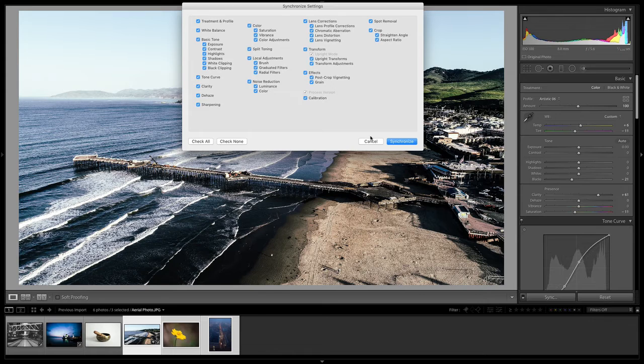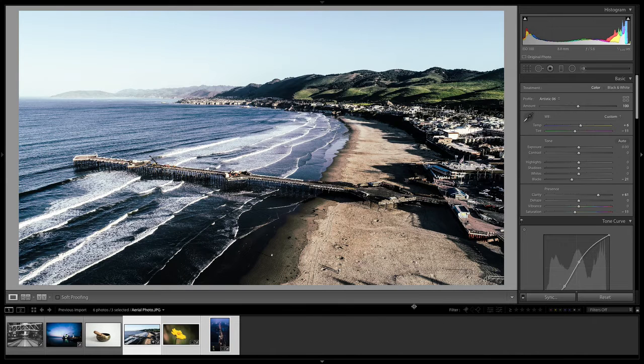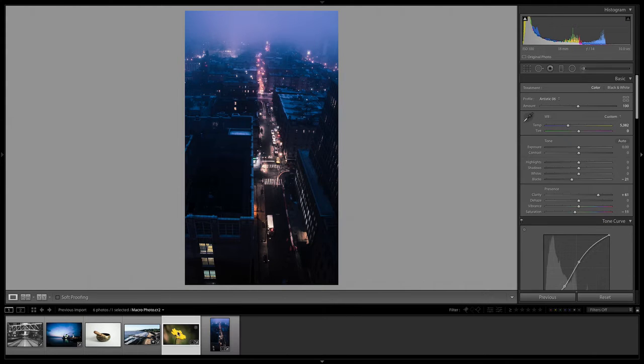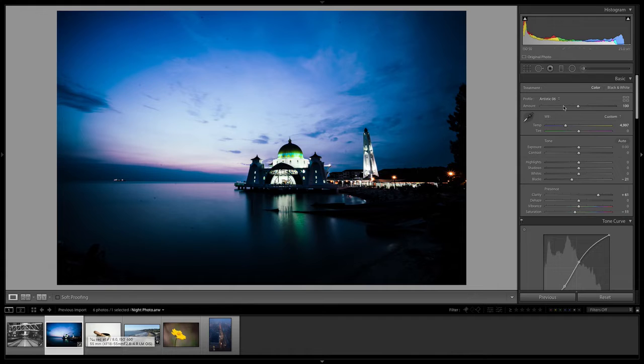So you have to select the one that you want to copy from first, and then select the rest of them, and now click synchronize. Now if we go to these next photos, we can see that those same effects and edits have been applied to these ones. All right, so using that sync preset is a great way to apply one type of edit to a ton of photos.